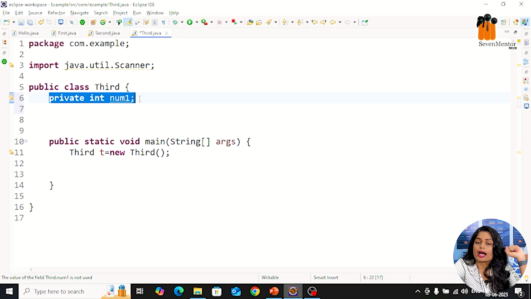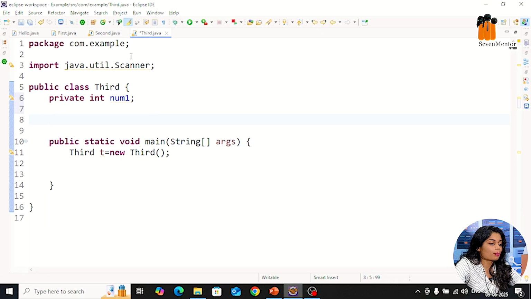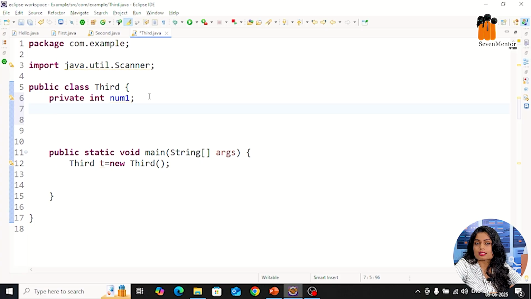Now the question is that private is basically accessible within a class only. Now I want to access this variable outside the class. How can I access it? Because this is private. Private means it is visible to that particular class only. So if you want to access this variable, you need to provide public getter and setter methods. How can you provide public getter and setter methods? There are two options: you can just type them, and Eclipse also provides a shortcut. We will see those two parts also.